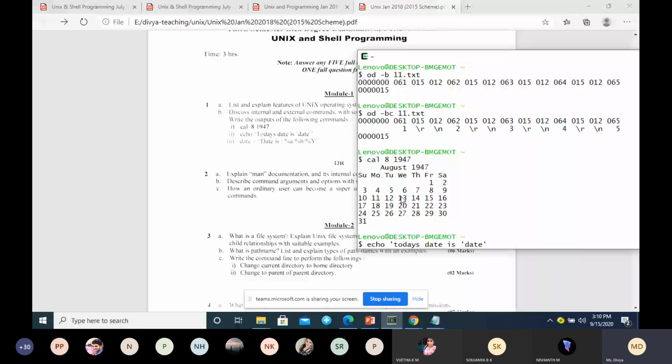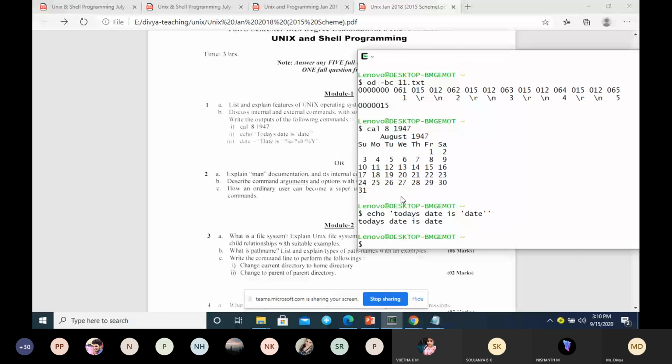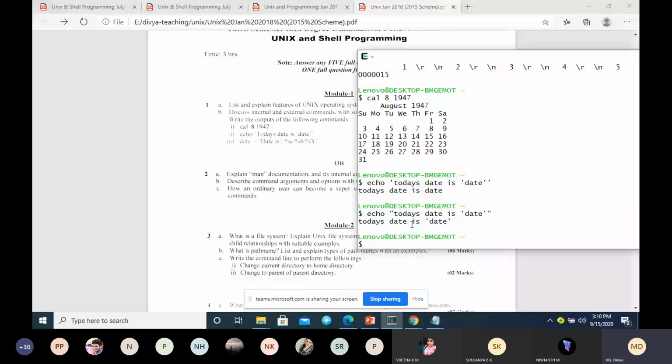So this is how the output you are going to get. Try to execute this. If you put it in single quote, double quote, I think it is a double quote or single quote, not sure. But if you put it inside double quote, then whatever quote you put for date, it will appear as it is.